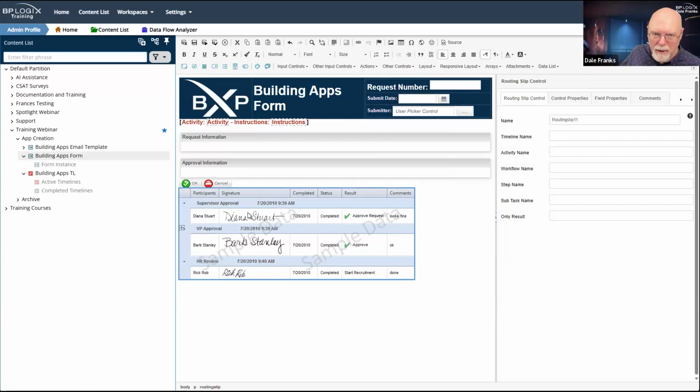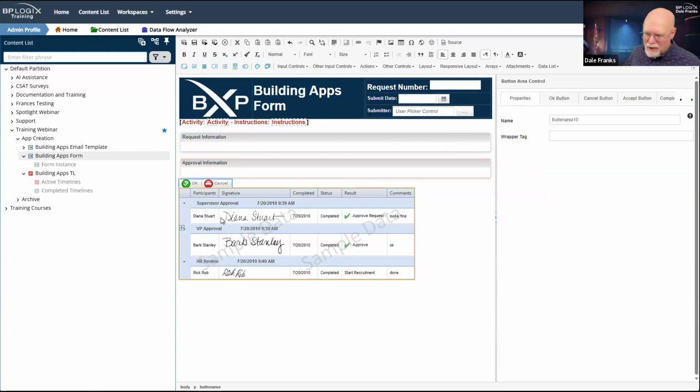This might end up being a very long process. It might have 30 or 40 steps. And that routing slip is going to get big. And the reason why I am throwing the action buttons right up here, and I suppose I should call this by its correct name, it is the button area control. The button area control is where your action buttons are displayed when the process is running.